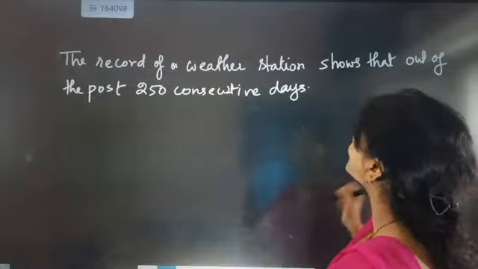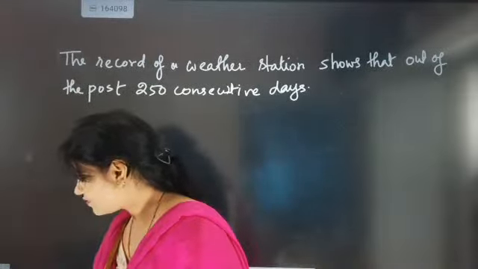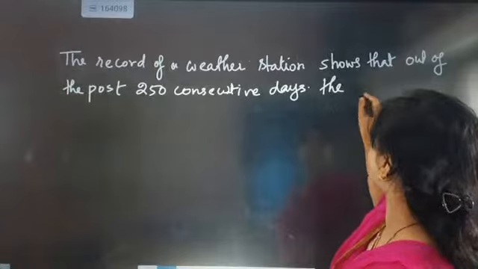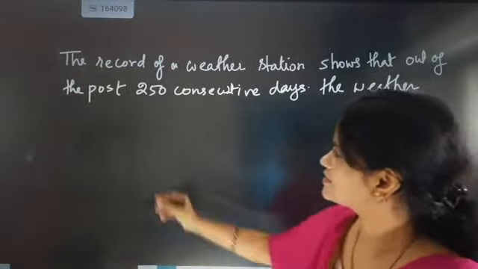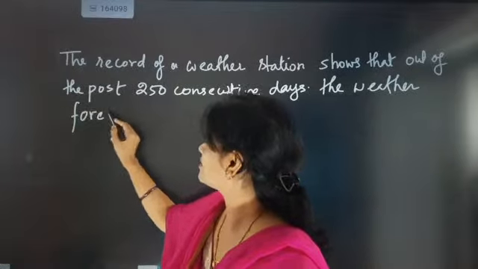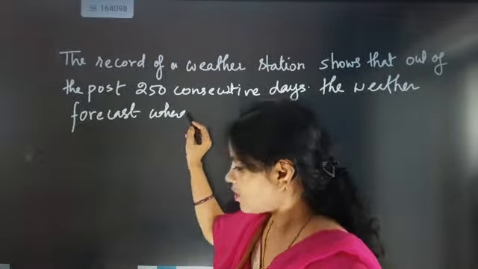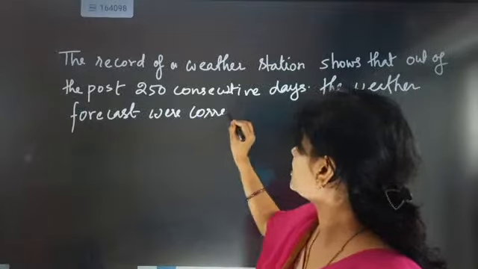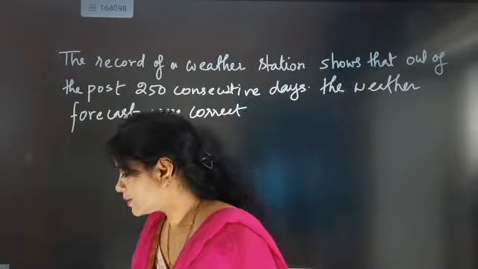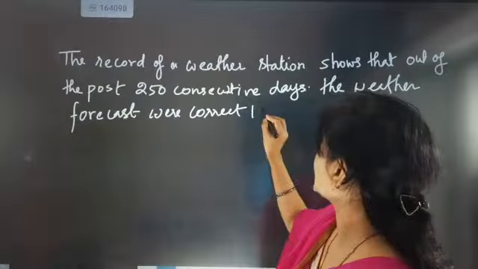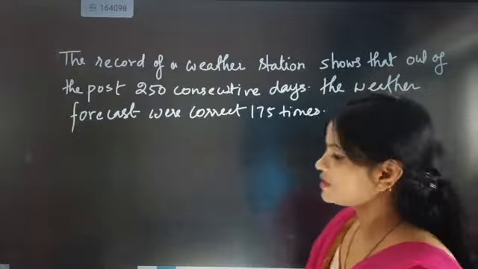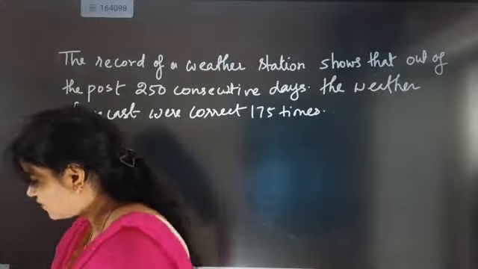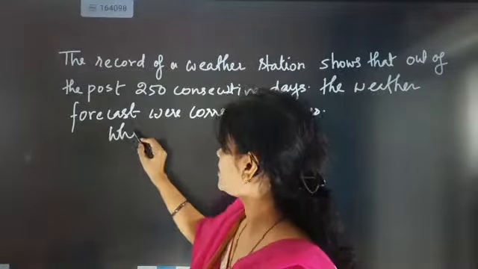Come on. The post 250 consecutive days. Its weather forecast was correct 175 times. The weather forecast was correct. How many times? The weather forecast was correct 175 times. Fine. After that, what they are telling is, what is the probability that on a given day